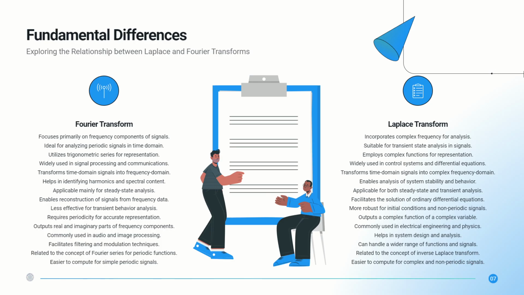less effective for transient behavior analysis, requires periodicity for accurate representation, outputs real and imaginary parts of frequency components, commonly used in audio and image processing, facilitates filtering and modulation techniques, related to the concept of Fourier series for periodic functions, easier to compute for simple periodic signals. Laplace transform incorporates complex frequency for analysis, suitable for transient state analysis in